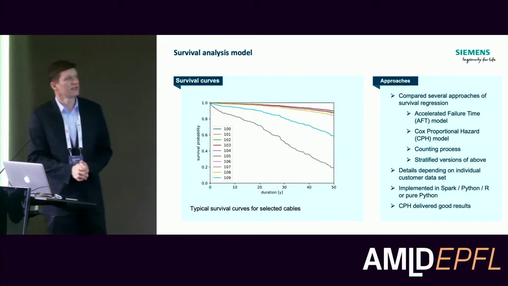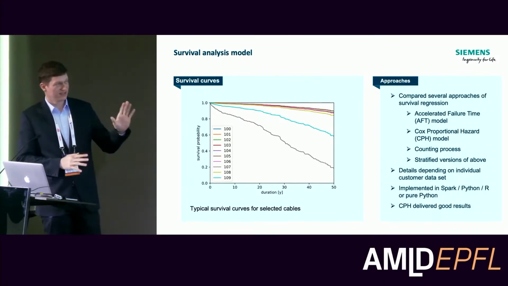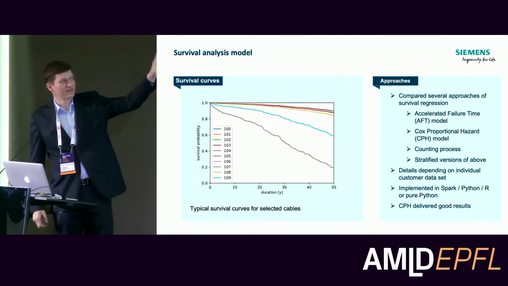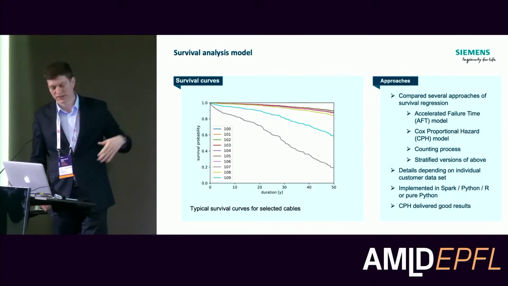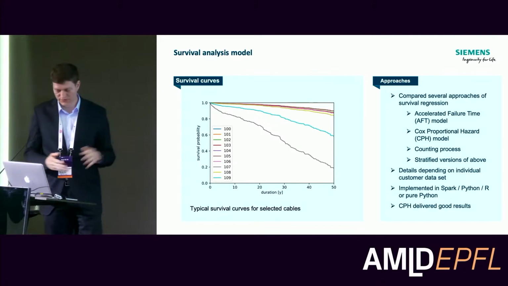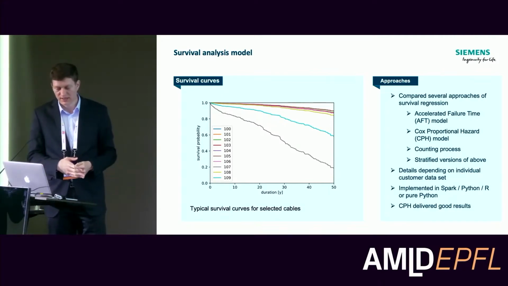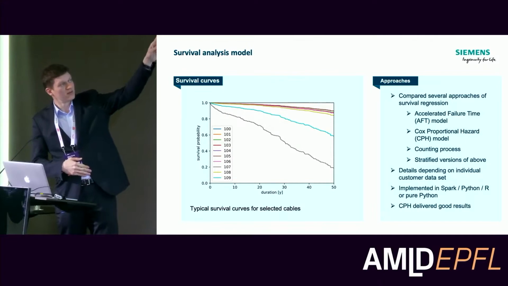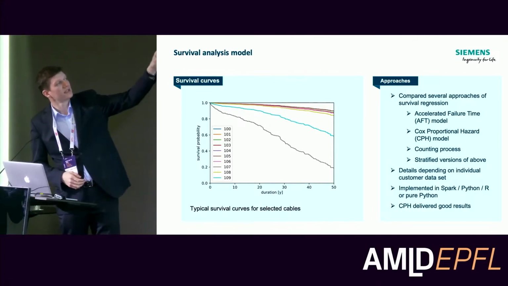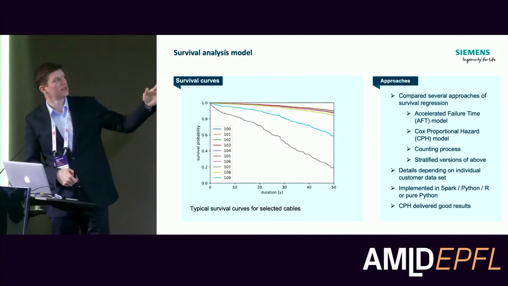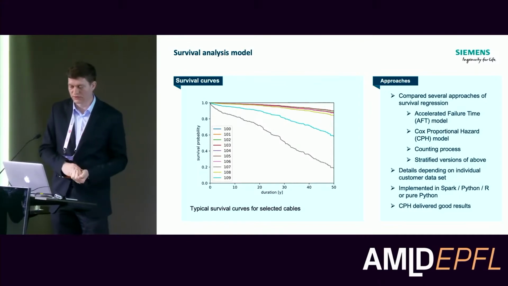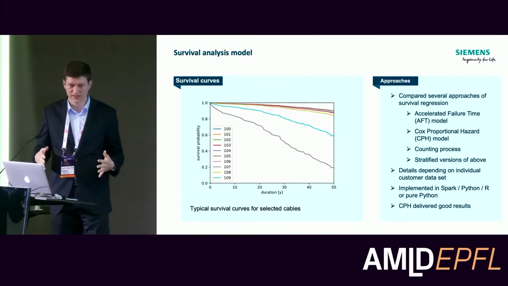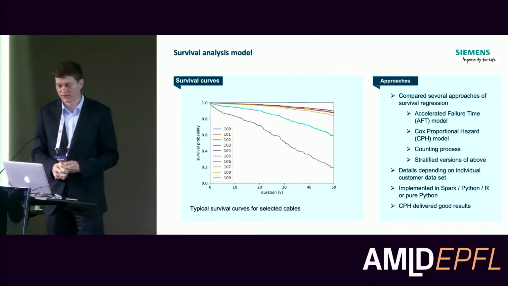So then here, I cannot show you the exact distribution, just some anonymized few examples. So you can see on the x-axis you have the duration in years, which I've zoomed to 50 years, and the survival probability. So you can see that over time this goes down, and the one cable, the bottom line, is at around 20 years. The probability that it fails is about 50%, and then it goes down to 20% that it survives the 50 years. So for 80% it will have failed within the next 50 years, and others tend to live longer.